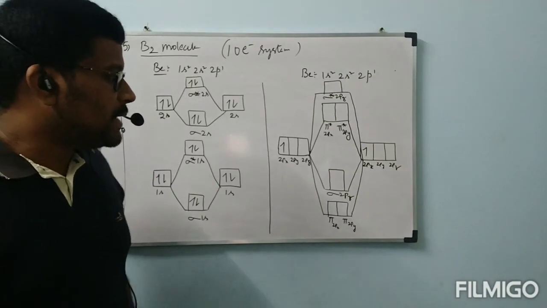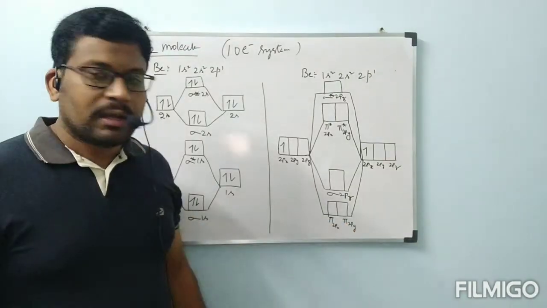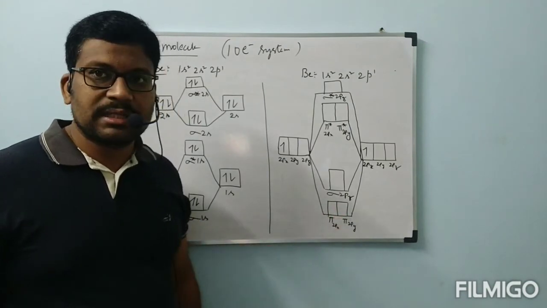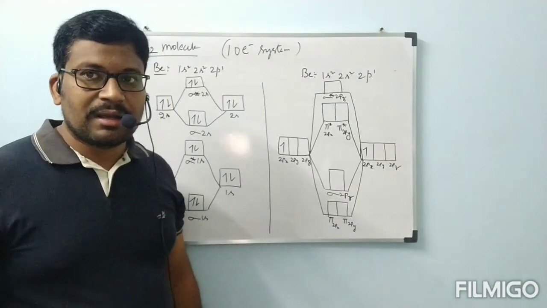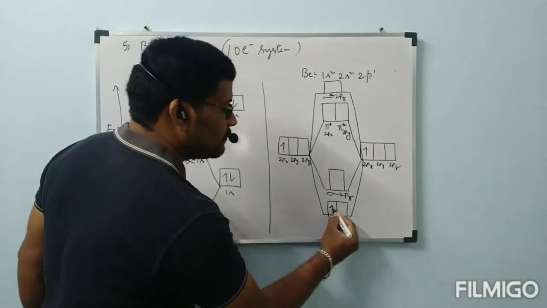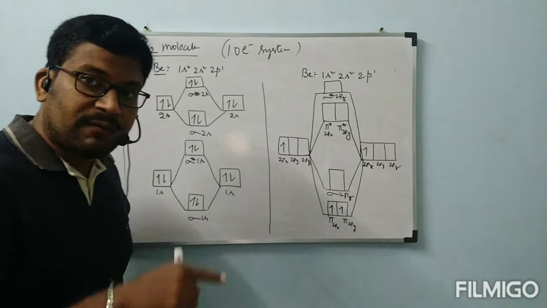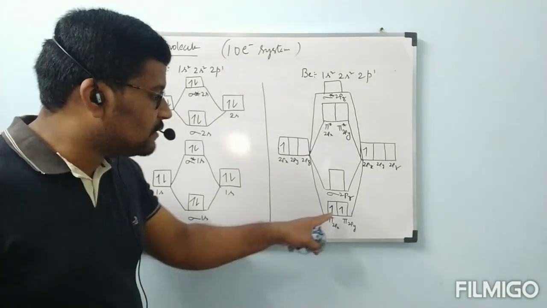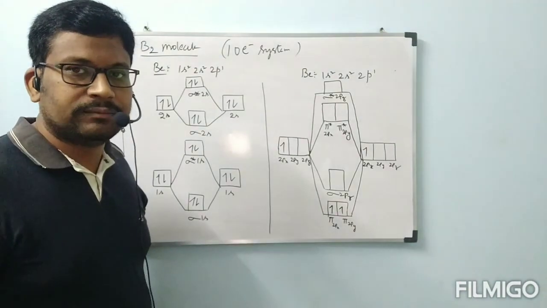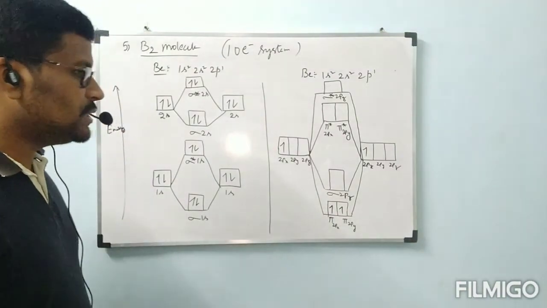Those 2 electrons must be entering into 2px, 2py. Here they have the same energy, no? They have the same energy. Then definitely each orbital will be filled by at least 1 electron. So 1 electron, 1 electron. After that, if you have the next electron, then we will get here. After that, here. Hund's rule will be followed. Observe this one, all of you.